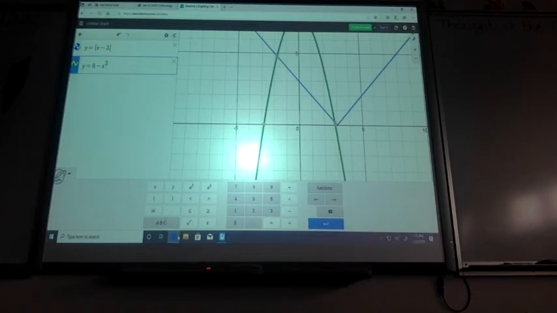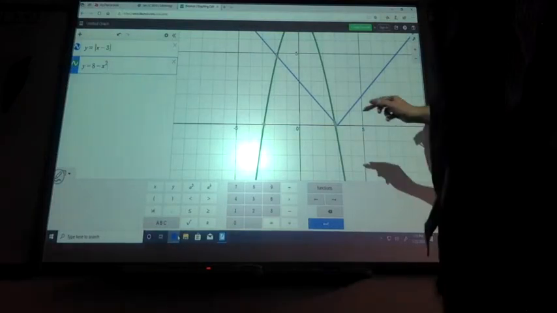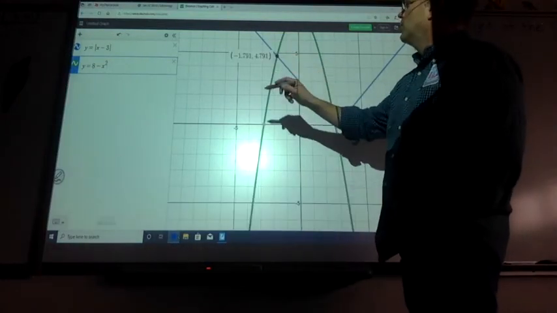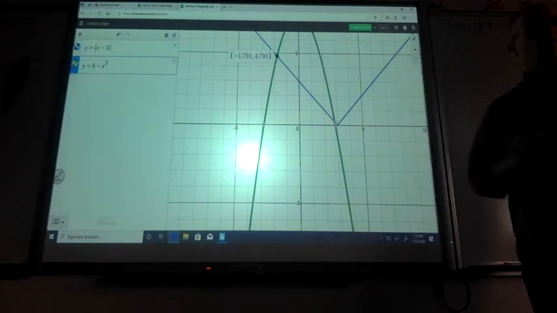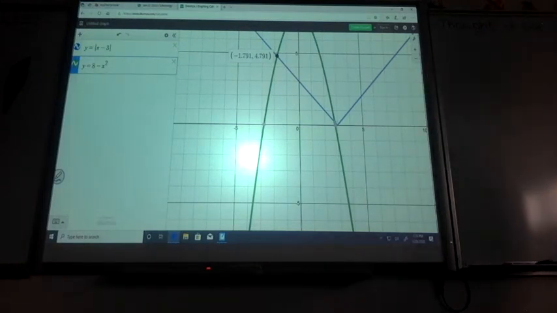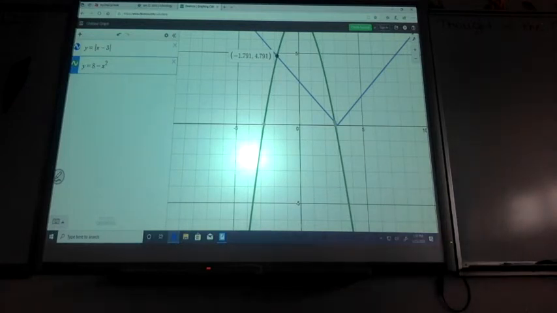Don't get stuck there. By doing it this way, I'm looking where our graph intersects. So I have an intersection there. What is the answer I'm looking for on this problem? Yeah, negative 1.791. Don't list the y component. Why not? Guys, too many voices, and they're not the ones in my head these days. So why am I only looking for 1.791?